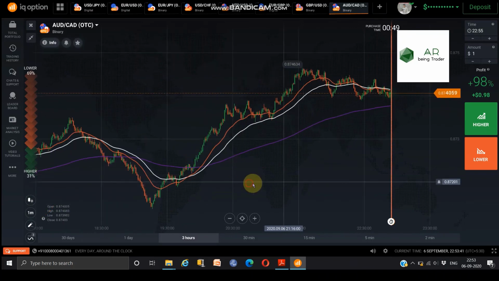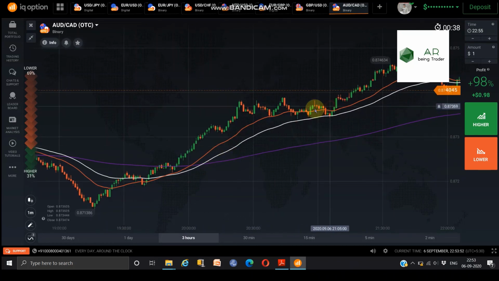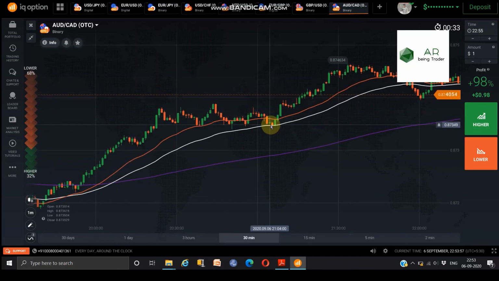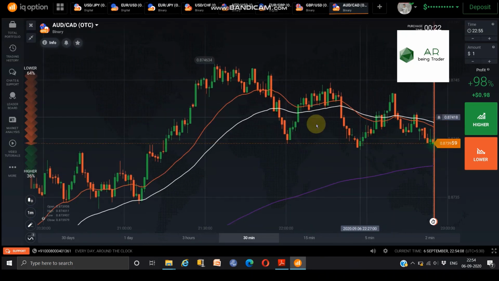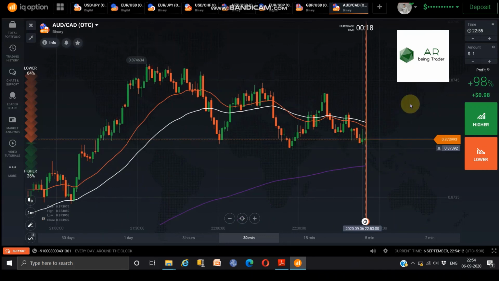You can see here, when the market crossed at this point, it told us that the trend was going to go up. As I told, this EMA acts as support and resistance. See, it acted as a dynamic support and resistance. It's a false breakout, and now it's changing its trend. It may go up again.